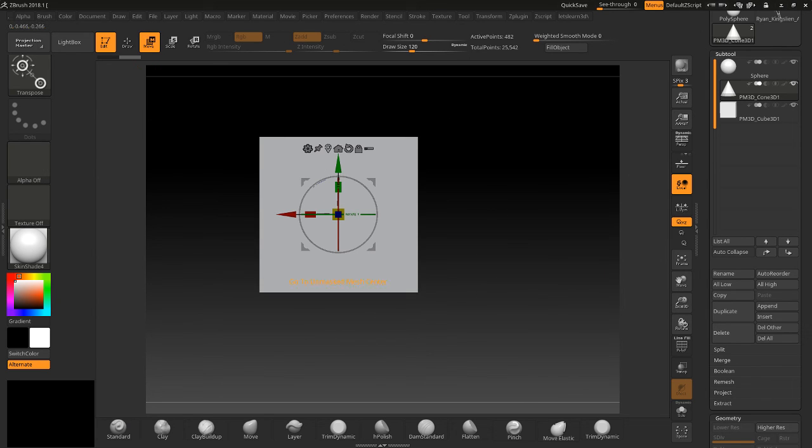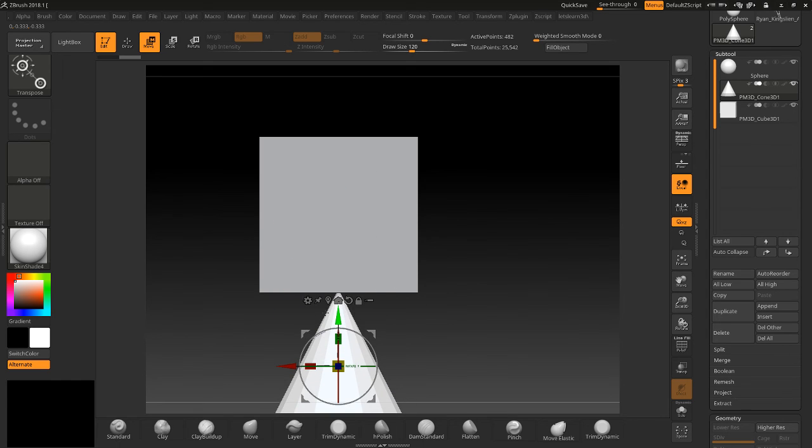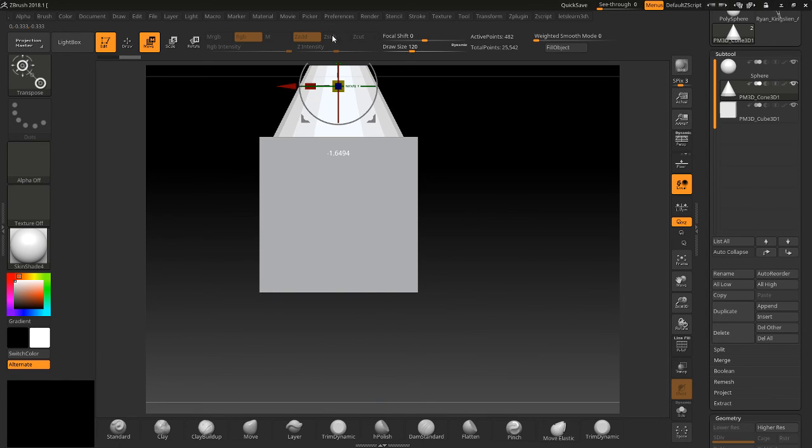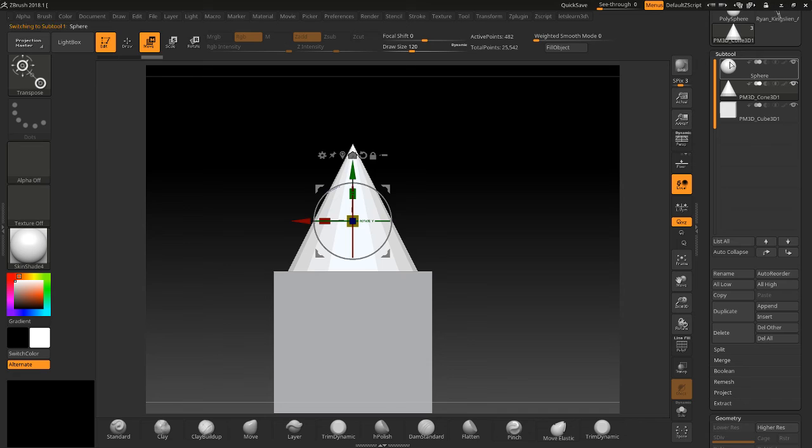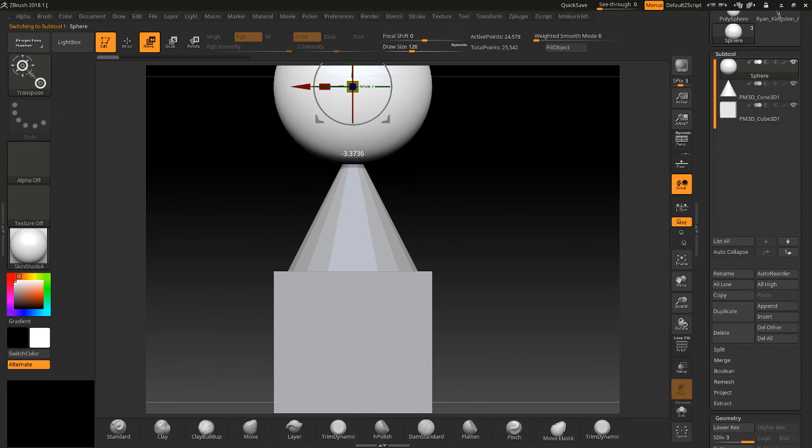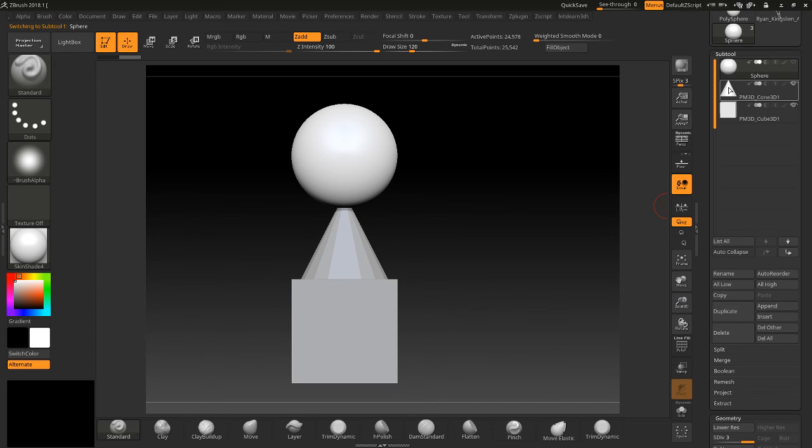So we can move it down, or move one of them down. Maybe we'll move the circle up. There. So we have 3 different tools: a spear, a cone, and a cube. You can do auto order, and that's going to change the order of things. You can also do